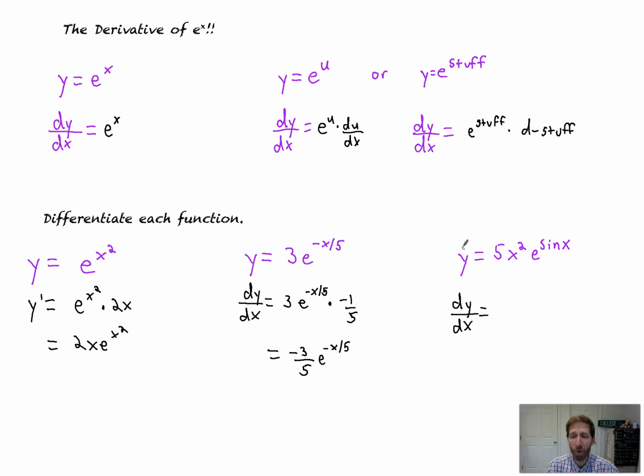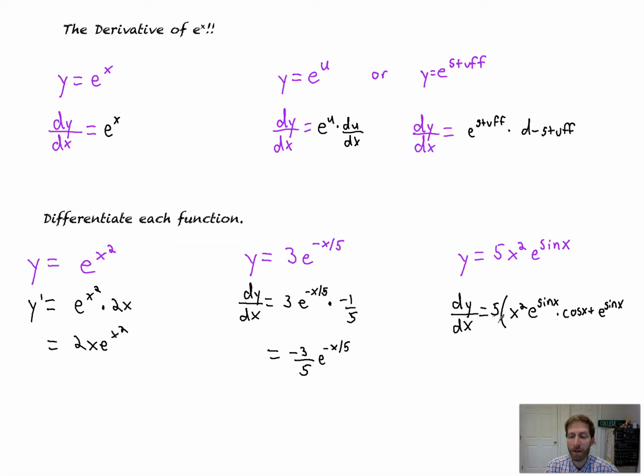And then last but certainly not least, dy/dx. The 5, oh wait a second. We've got a product rule, but the 5's going to chill out. All right, let's just leave the 5 to the outside. Notice you've got a product. That's cool. We got this. First, d second. Now we just hyper-focus on the e to the x rules. d second is e to the stuff, d that stuff is cosine x. Plus second,